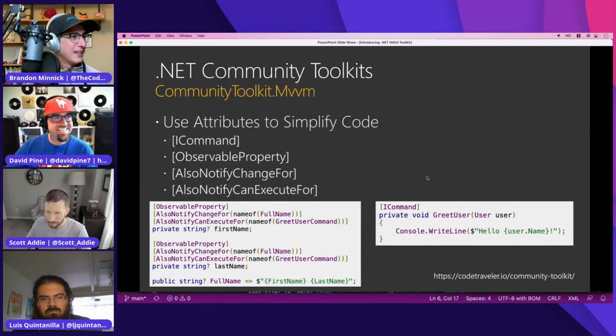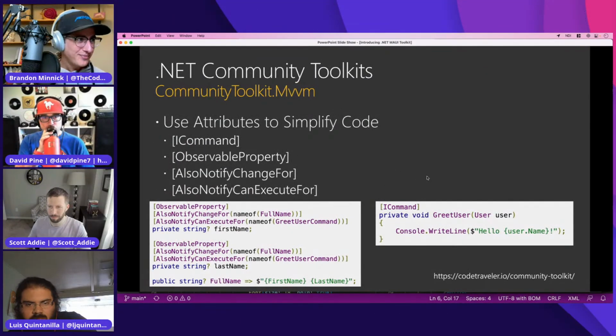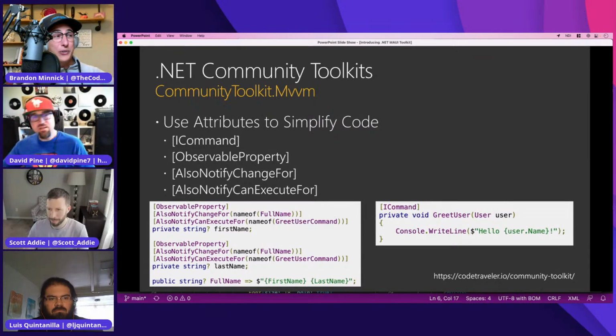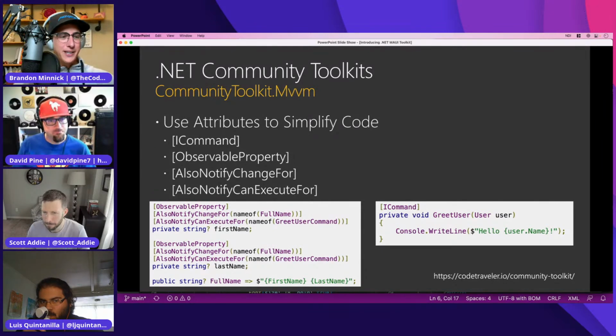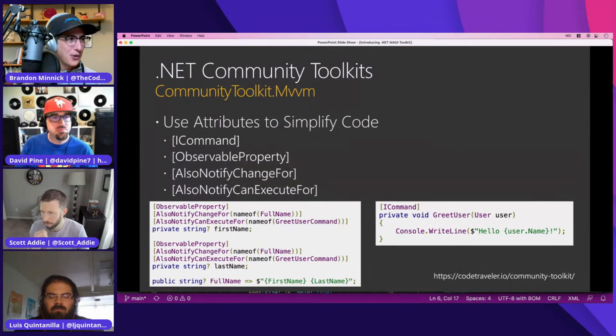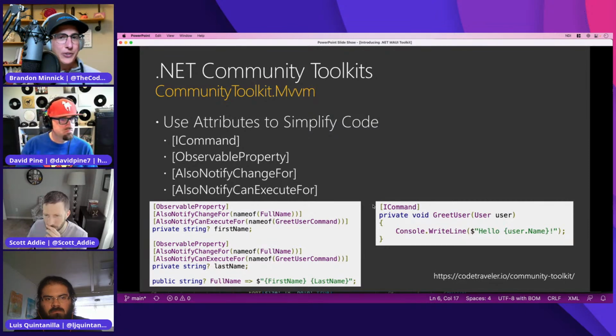All right. So, Community Toolkit MVVM. This one's great because it can be used with anything. This is not specific to .NET MAUI, although I highly recommend it for every .NET MAUI developer. If you're doing any MVVM, whether it's WPF, WinForms, Xamarin Forms, or .NET MAUI, you can use this library, and it's incredible. I truly think this is going to change the way we write MVVM code going forward, because it's given us the ability to use attributes to remove a lot of that ceremony